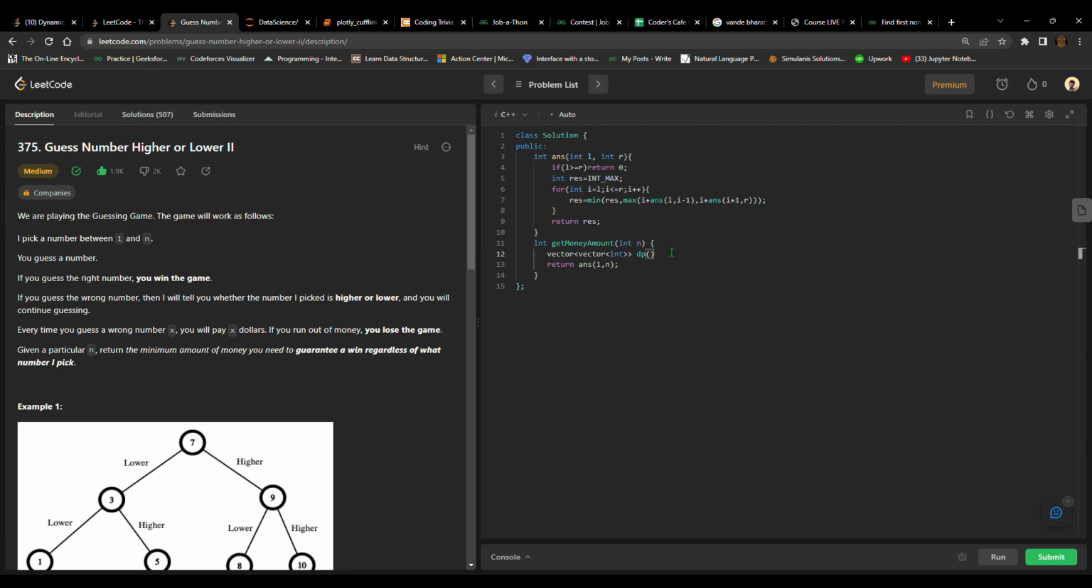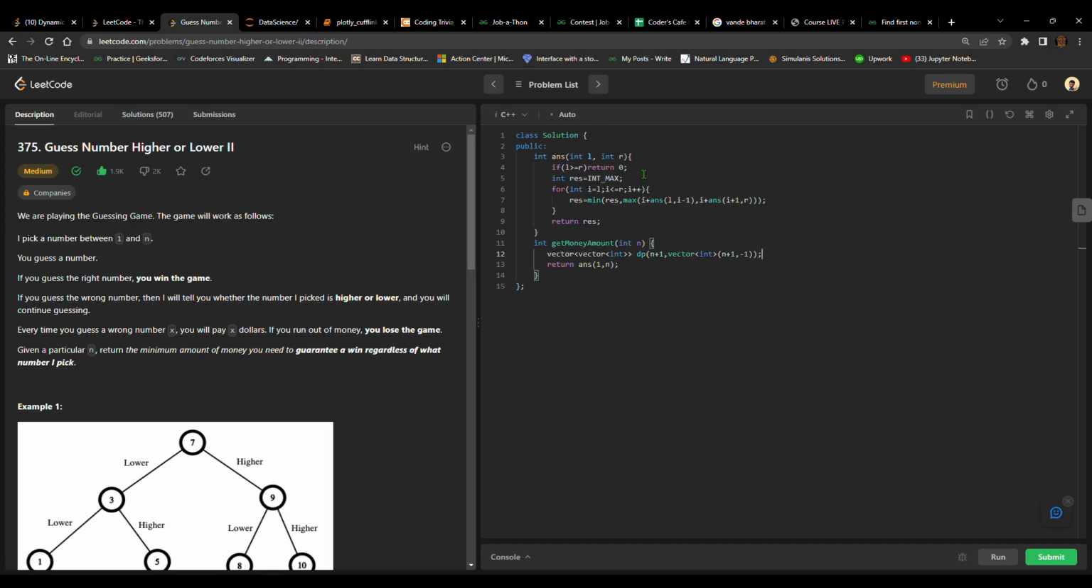wait a minute, size would be n plus 1, and vector int, size would be n plus 1 and a minus 1. Why n plus 1? Because we are having our ranges from 1 up till n, so we want n included. So that is why we are taking 0 up till n plus 1, so that we would be getting n in our